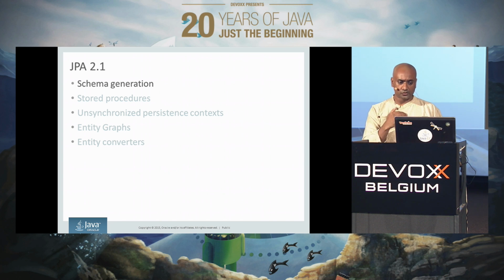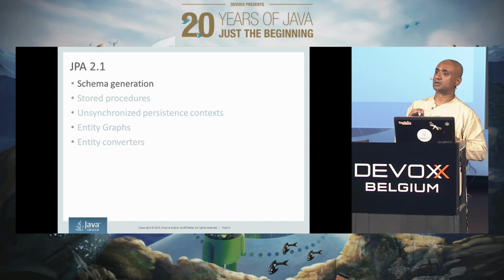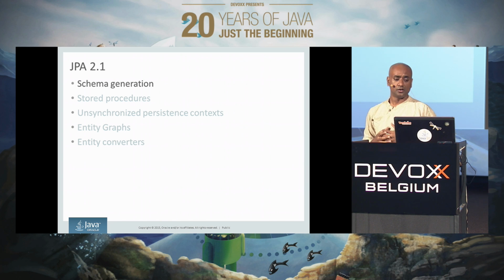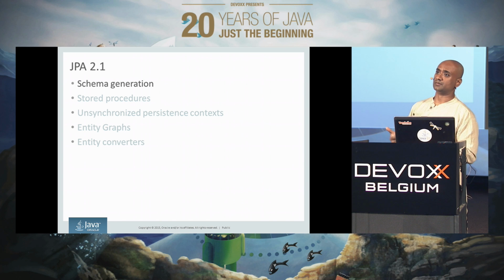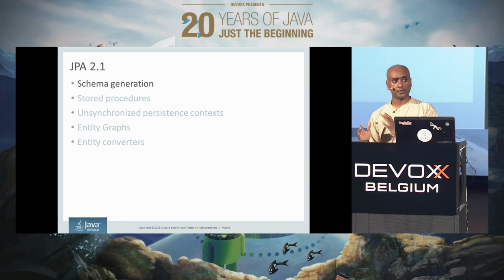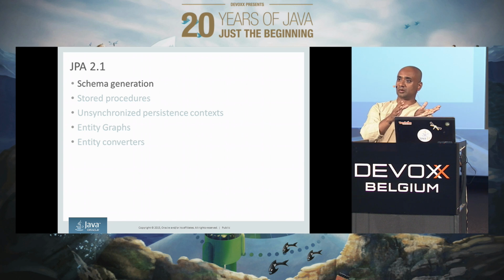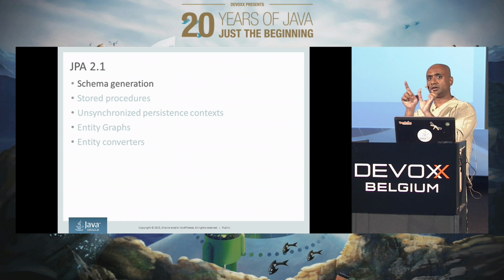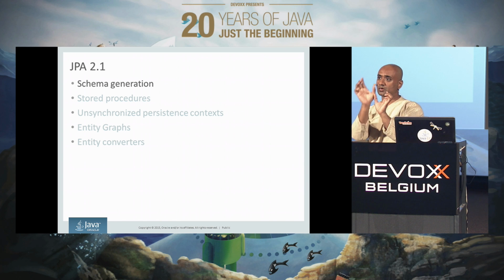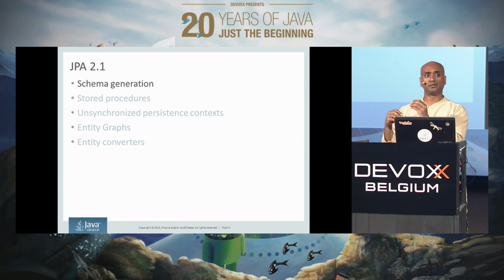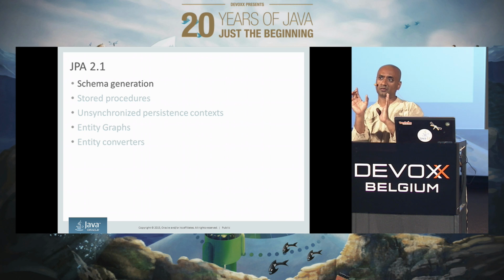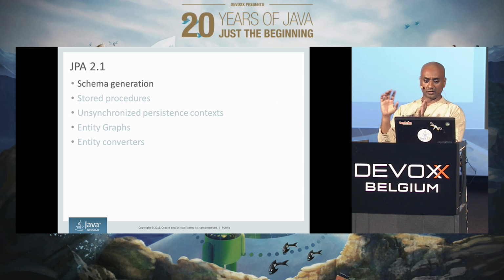Entity converters are also another important feature for a particular use case. So entity converters, think of this as AOP, or rather interceptors for JPA 2.1. When is this useful? It's by and large useful for data conversion. So often when you're dealing, especially with legacy code bases, you wind up with a scenario where the way that the data is stored is not really represented in the way it is in your domain model. So you wind up writing a bit of translation layer in your DAO or repository code to handle this. Right? And this code is all over the place. Whenever you do an insert, whenever you do a delete, whenever you do a select, you have these little bits of conversion code to deal with data synchronization format